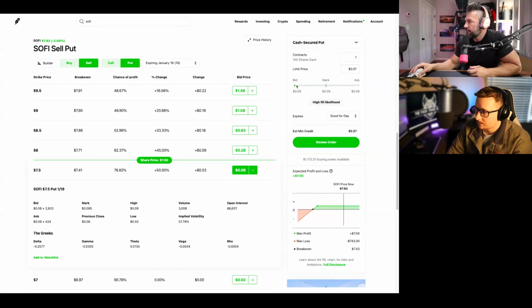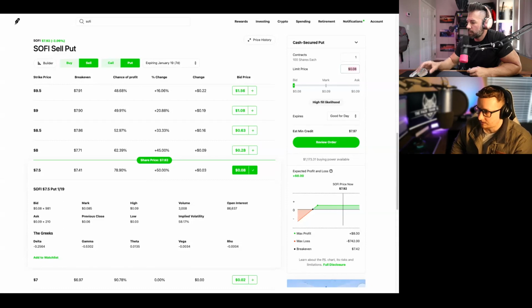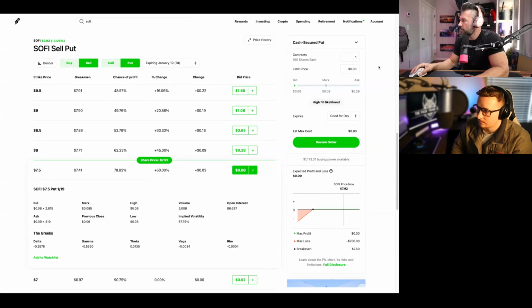Now here's a little tip. If you guys are unsure of what bid or ask price you want to use, delete the 7 cents in the text field. Just clear it out. Okay, well, it didn't reset, but